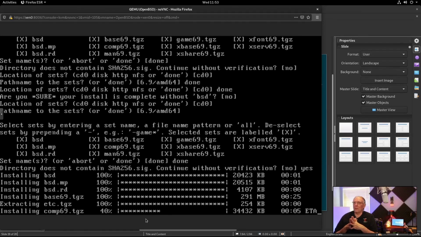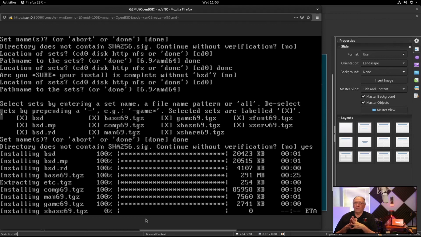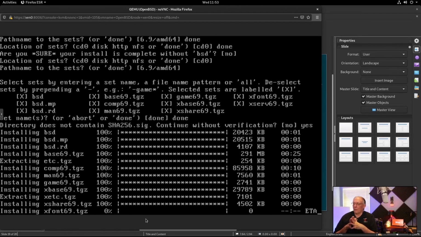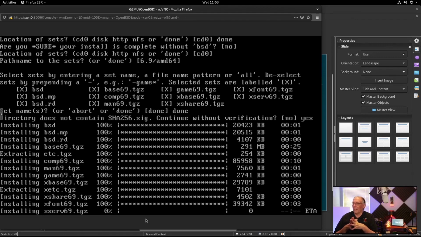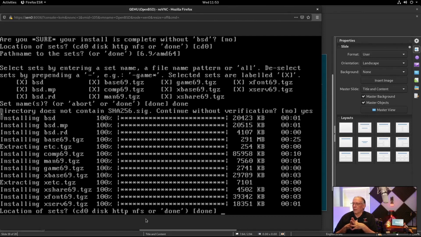It's much different than installing Unix back in the day. I had as many as, I think, 42 floppy disks. I much preferred to install it from tape. It was much easier, even though the tape drives weren't that fast anyway. But installing it from floppy, oh, that was not fun.